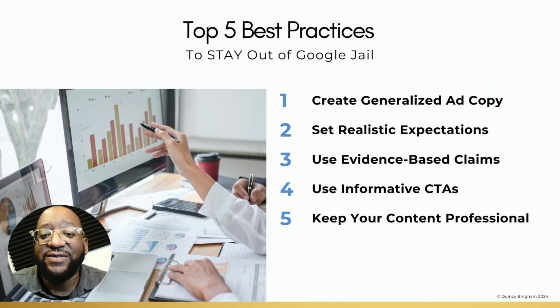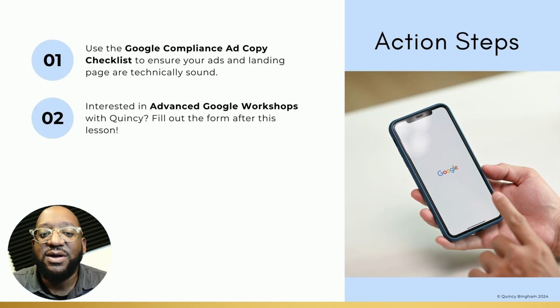And there you have it. There are the 5 best things you can do to ensure you're staying compliant with Google's ads policies. Before you go on to the next lesson, make sure you've downloaded the checklist I've mentioned before. This checklist will help you stay out of Google jail by guiding you on how to write your ad copy